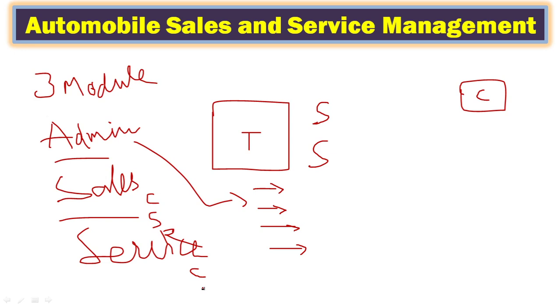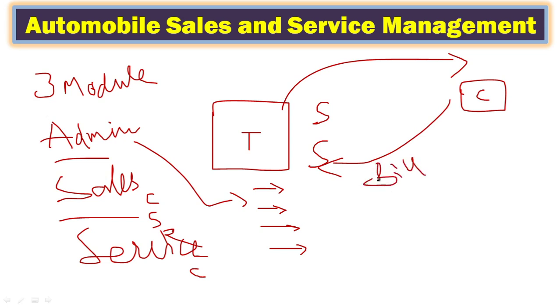In this project, this is a two-wheeler showroom. They have multiple vehicles. They sell the vehicle to the customer. In turn, the customer will give it for service. After doing the service, we raise the bill for that. In order to manage this, we provided three modules: admin module, sales module and service module. The employees can log into sales separately or service separately. So this is the whole concept of the project.